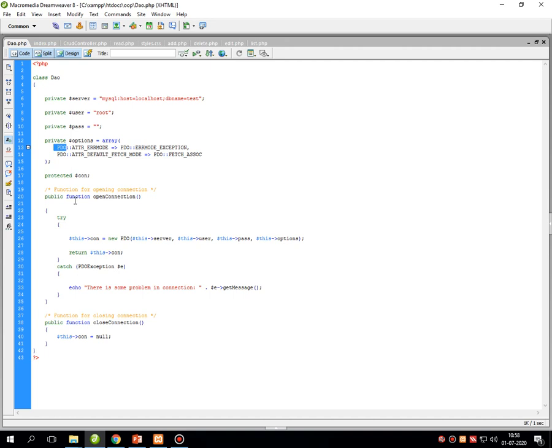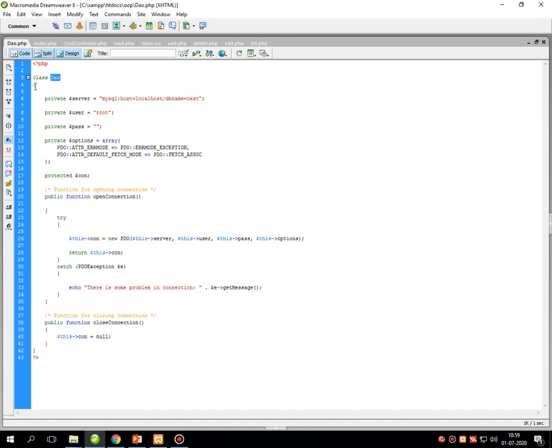So you will learn something more new in this entire session. Now in this dao.php, the first line of code is the starting of PHP with the completion of PHP. In between these two, first create a class called DAO, which is the same as the name of your file. Then write down the opening bracket and a closing bracket.